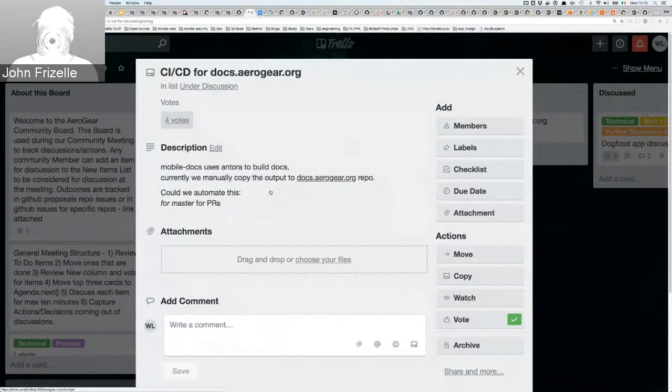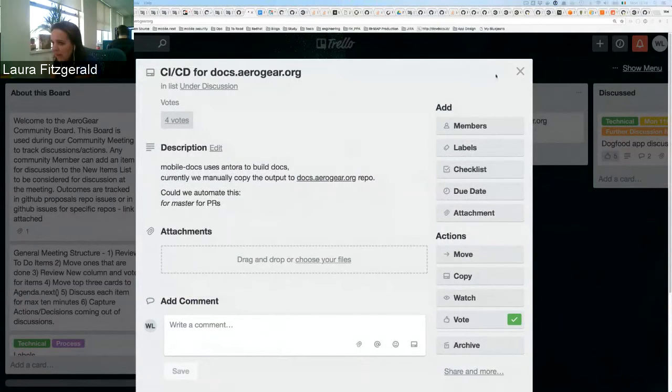The CI/CD build piece is one piece, and where the docs actually get output to is another piece. I had it in mind that this community OpenShift instance would be both the CI/CD environment and the hosting environment for the AeroGear website and for the docs. So it will bring together the building and the deployment and being able to do staging and things like that. I don't know what's there at the moment. I think maybe we need Paul to give more insight into what's currently there and what needs to be done.